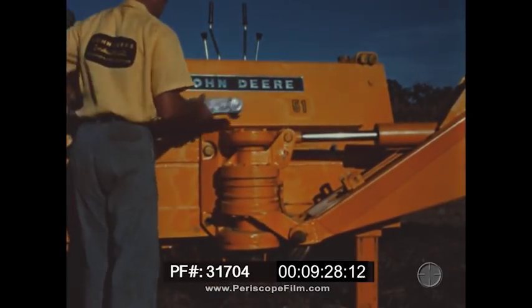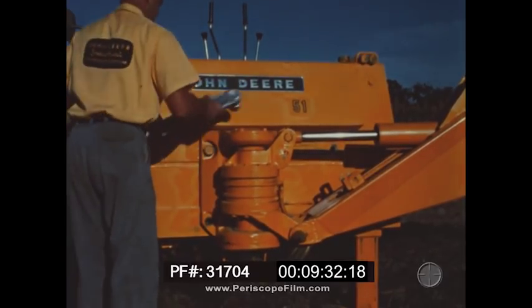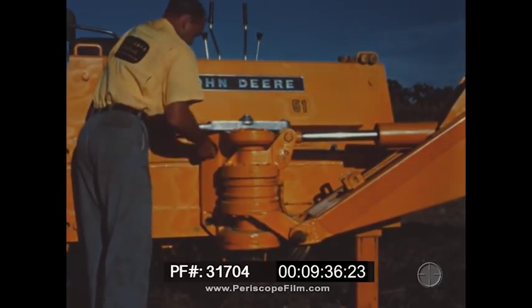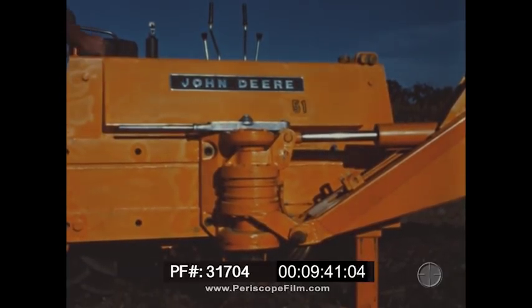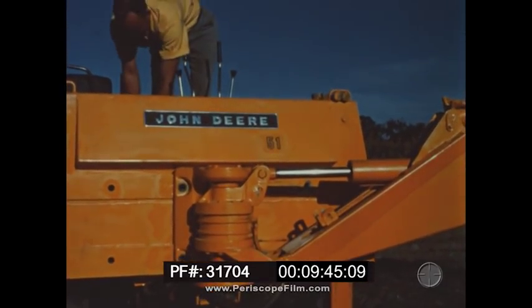Here's a real time and labor-saving feature of the 51 that places it far ahead of all competitive units. One man can change it on the job to any of the 5 digging positions in 15 minutes or less. All he uses is a wrench. Remove 4 bolts